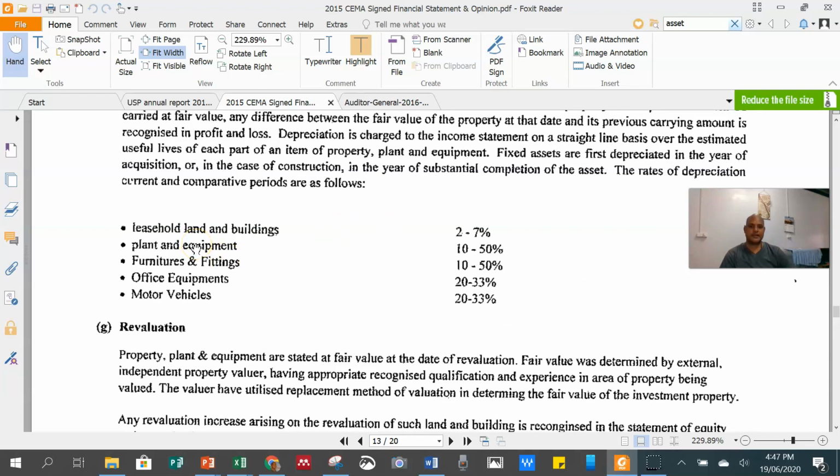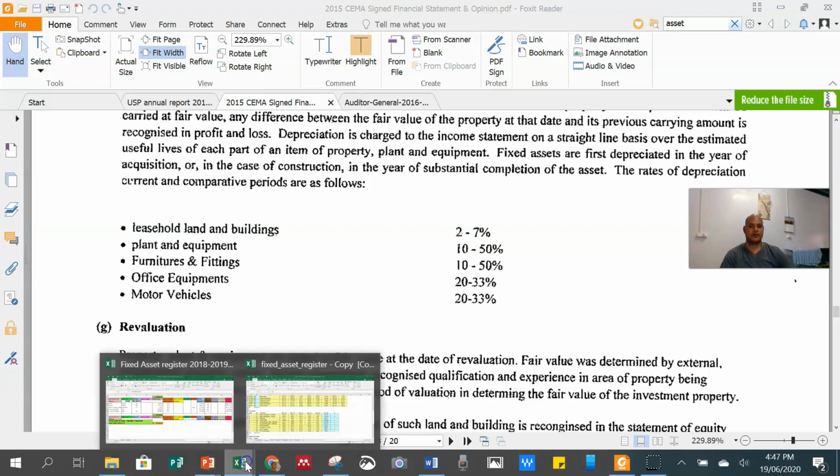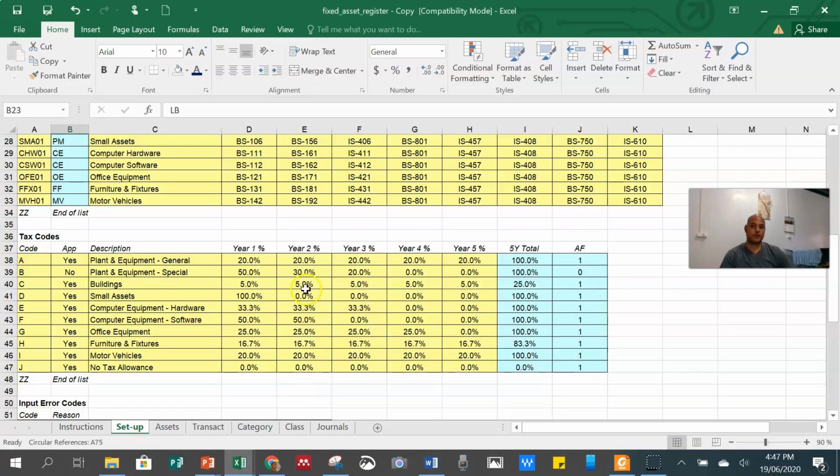So if plant and equipment is, you can depreciate that to 60% or 10%. You can convert your fixed asset register by the number of years that you want to put inside.